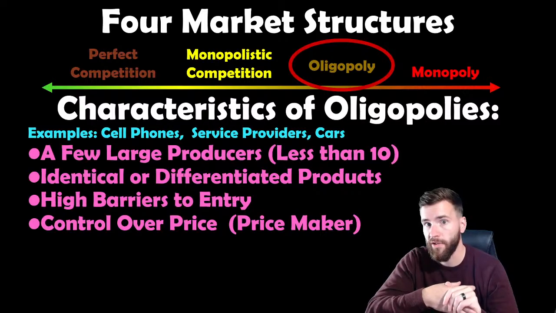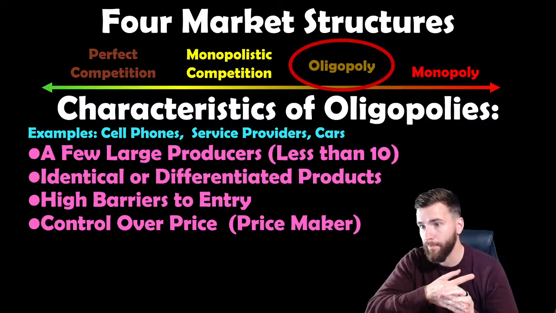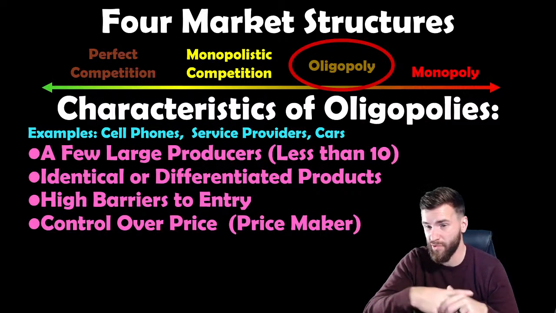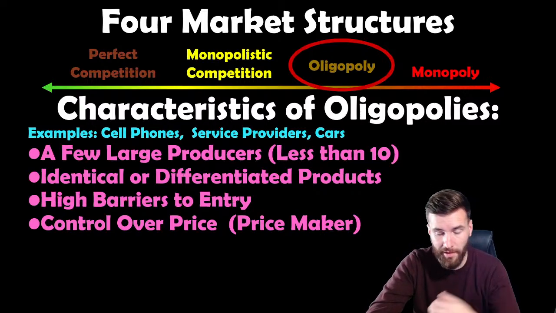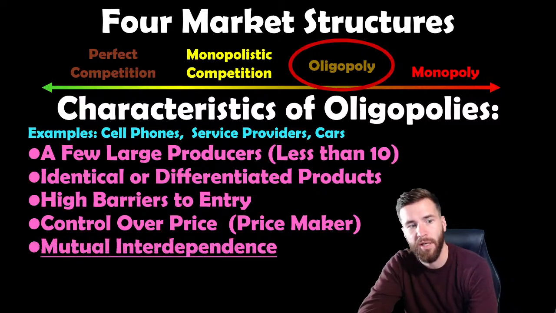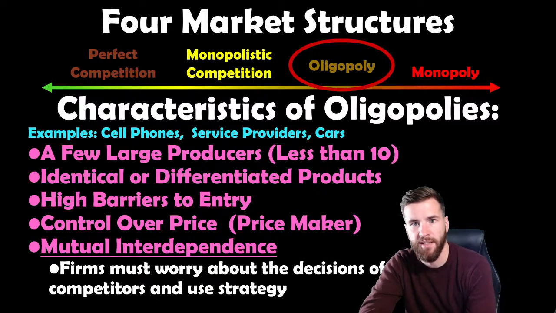And for oligopolies, we will not learn about a graph. It's all about matrices and game theory, which is really, really fun. And hopefully, I don't know, but hopefully we're in school, because there's a lot of fun games that we play with oligopolies, so we'll see. But the idea of oligopolies is all about mutual interdependence.